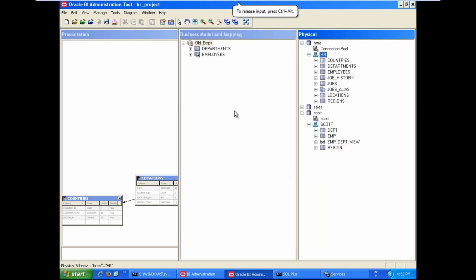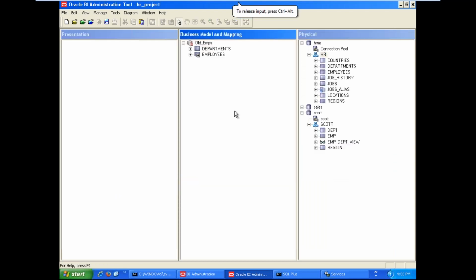Now what we need to do here, we can go for denormalization. If the employees table is a fact table, on top of the fact table we have departments. Here on top of the departments, expand departments and expand sources. Physical tables are treated as logical tables in the business model. The department table is a physical table in the physical layer. Now it is converted as a logical table. Physical table is converted as logical table.